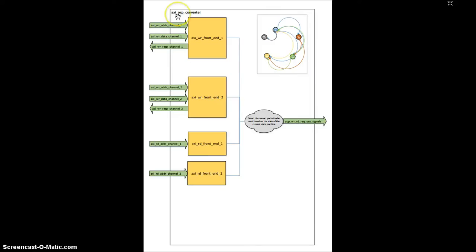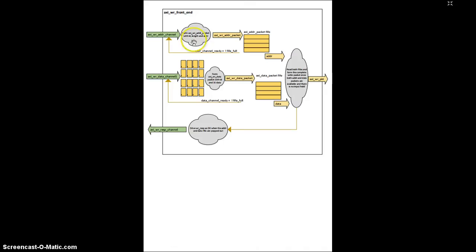So this is a diagram of the AXI to OCP converter, out of which you have already learned the AXI write front end part implementation. Now you will go through the AXI read front end part implementation, which is comparatively less complex than the write front end. This was the diagram of the AXI write front end, and in the right portion